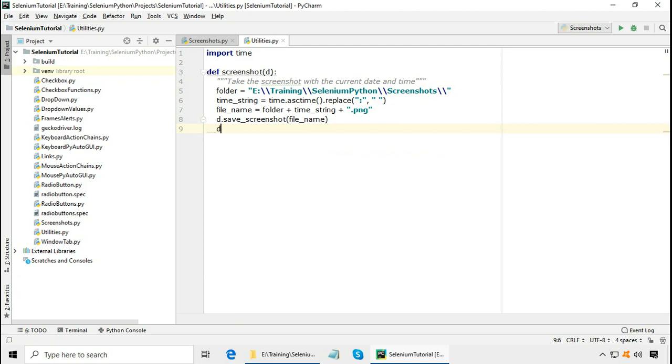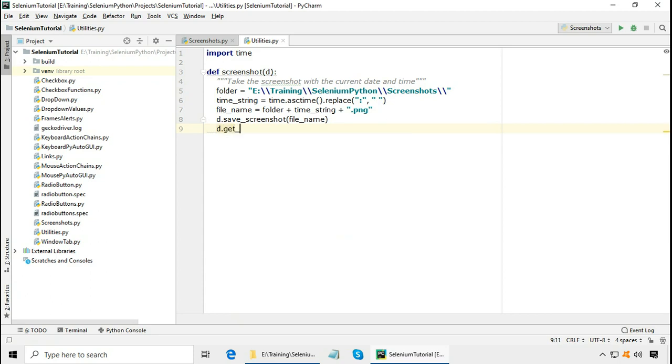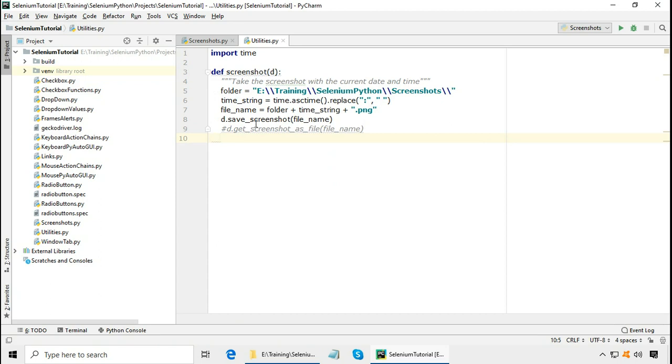WebDriver also has another method to save the screenshot which is get_screenshot_as_file, and here also it needs the file name, but let us use the save_screenshot method only. Now the utilities function screenshot is complete.